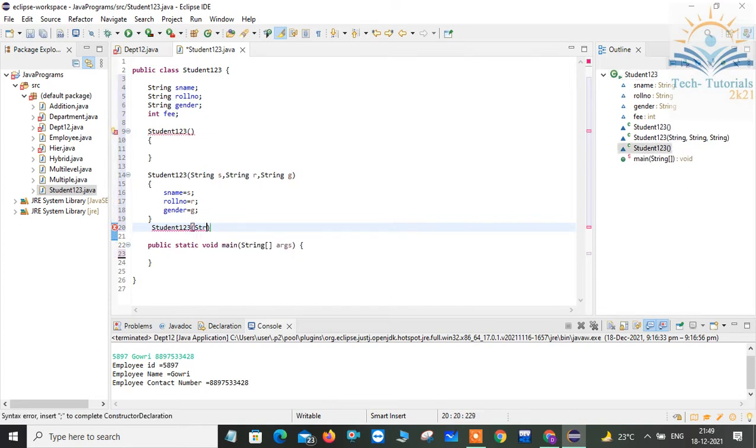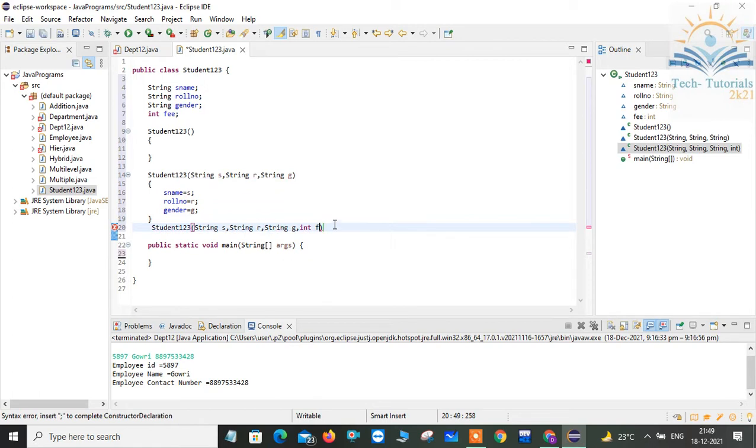Here I'm passing four arguments. One is for assigning name, one is for assigning roll number, one is for taking gender, and another is for assigning fees.